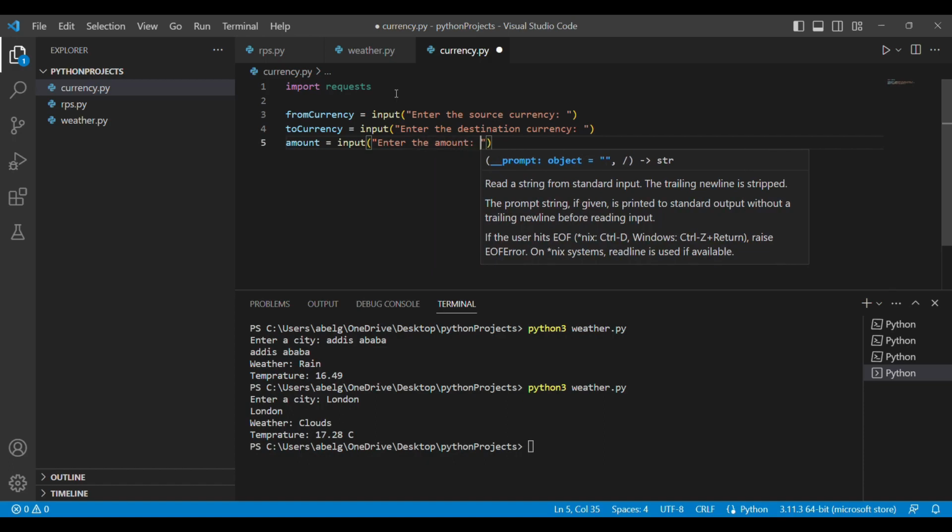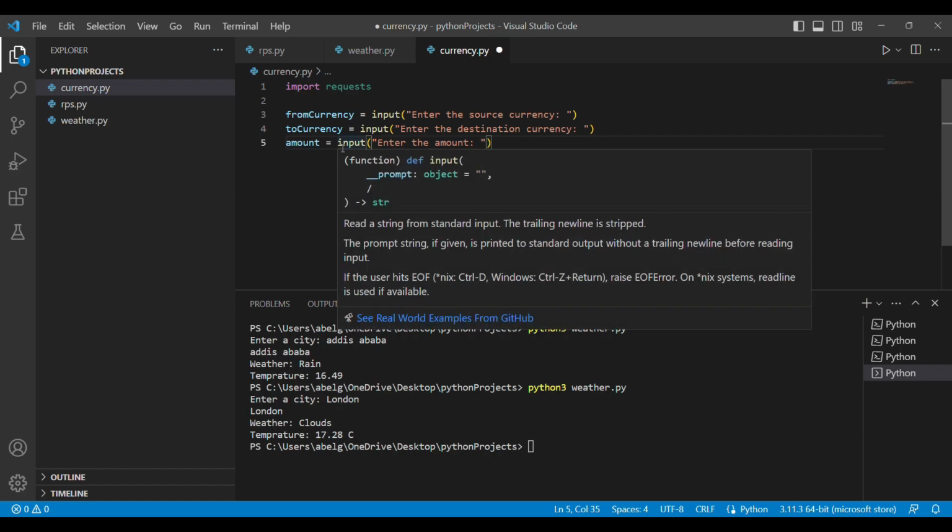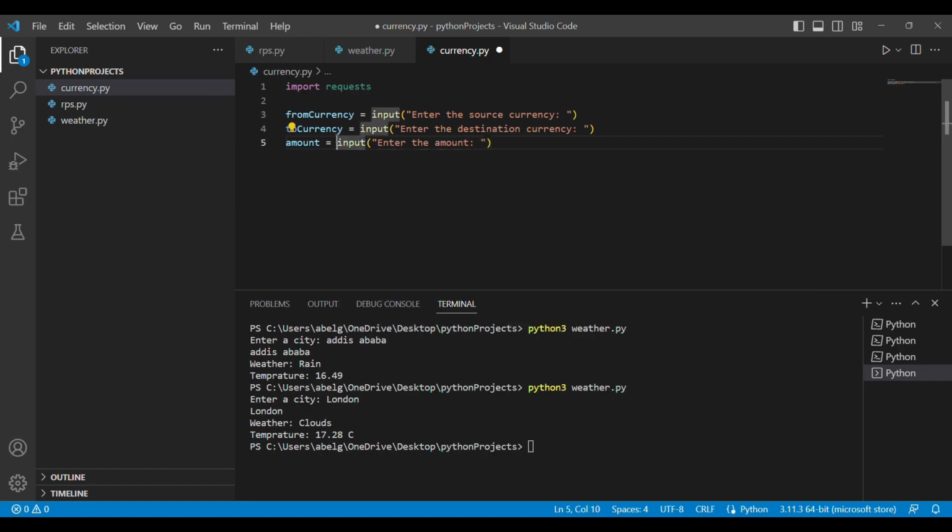So as I said before, we need to do something here. That is because the input function by default returns a string. So we need to convert it to the proper data type, which is going to be float in this case. We won't make it an integer because the amount could be a decimal number. So we're going to cast it to float, and if you remember how to do that, we type in float, and in parentheses, we're going to have our input statement.